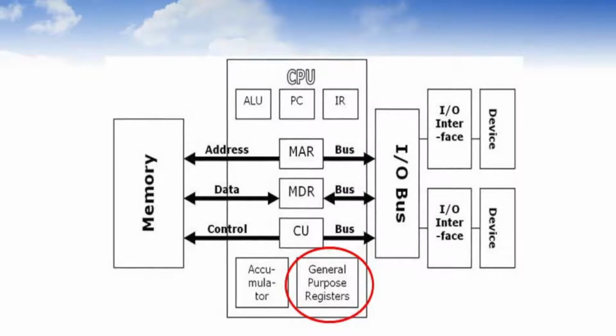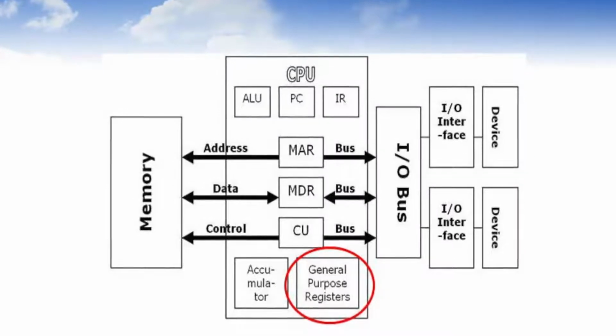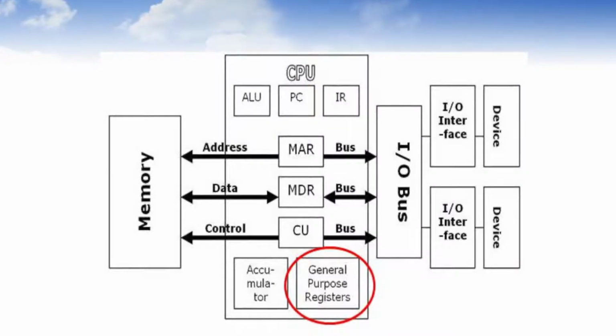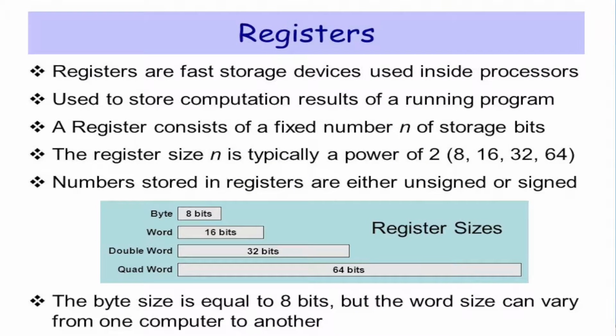They are also the fastest memory type, but they take significant space, so we have only a limited number of them. Registers vary in both number and size depending on the CPU architecture. Some processors have 8 registers while others have 16, 32 and so on. For many years registers were 32-bit, but now many are 64-bit in size.